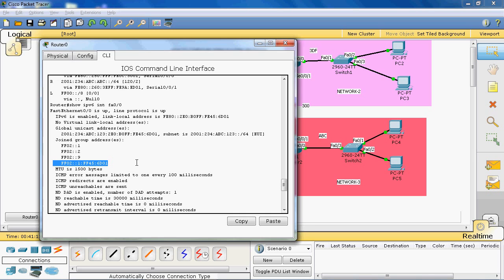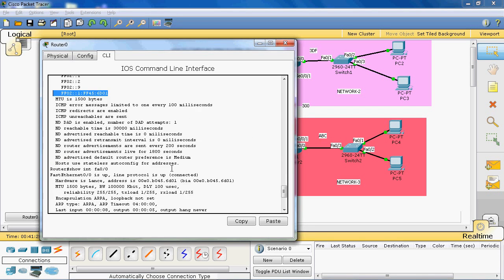So for what purpose do we use this group? In IPv4 we use Address Resolution Protocol to send packets from source to destination, to find out the destination address, but IPv6 does not support ARP. So instead of that we use this group. Okay,